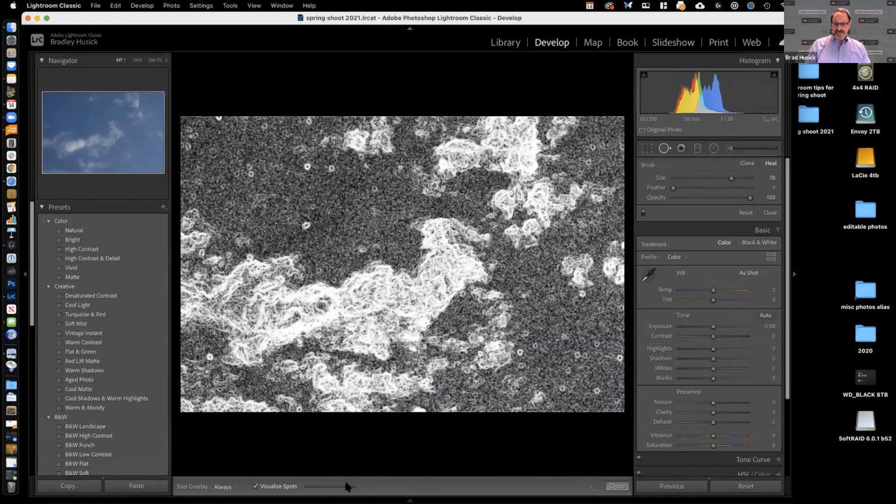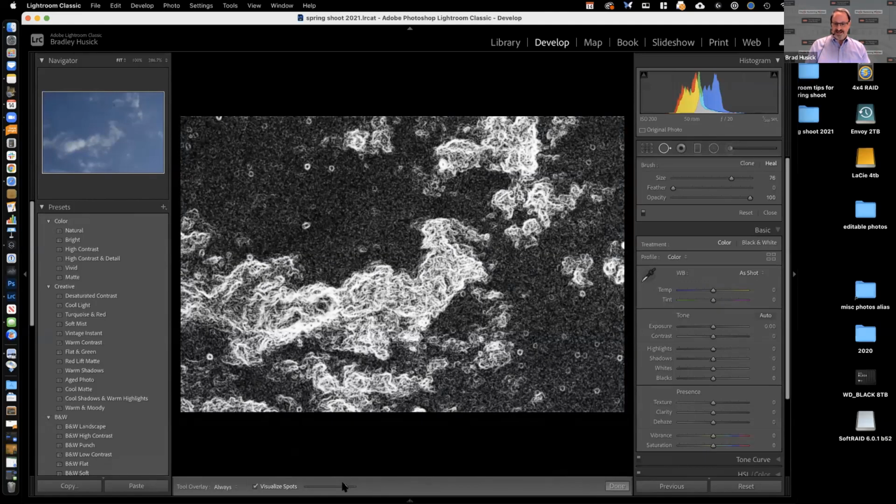If you get it somewhere in between, what you're going to see is these donut-shaped empty circles. And those are dust spots on the sensor. So if we go in, in this mode, and easily find these dust spots, we can get rid of them. If I did all of them, it would take me probably 60 seconds to get rid of these. And once I've gotten the major ones out of the way,